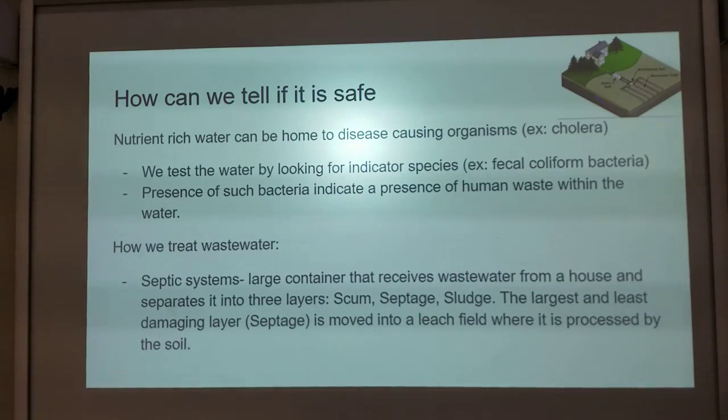So you have bacteria that are inside of this tank, and they are eating away at the sewage that you just created. I know we're getting kind of gross at this point, but that's what happens. And they effectively take your sewage and they separate it out into 3 layers. The top layer that rises to the top, it floats to the top, this is called the scum. The middle layer, which comprises the majority of your wastewater, which is septage. Okay, that's what it's called. And then the bottom layer, all the stuff that falls down to the bottom, which is the sludge.